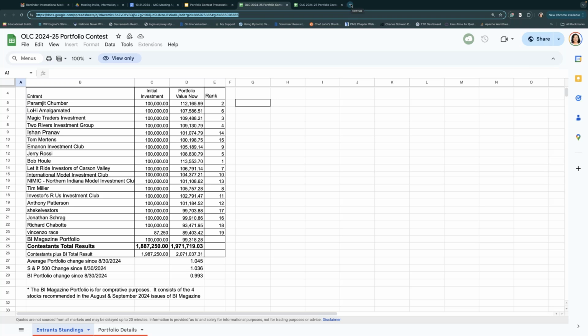Because the online chapter, I don't know if you guys know, is not comprised of clubs. It's comprised of anybody that doesn't have a local chapter. So say you're a club that does not have a local chapter, we belong to the online chapter. And then there are individuals out there who don't have a club near them. So say they're in a region or a state that doesn't have a club near them, then they automatically belong